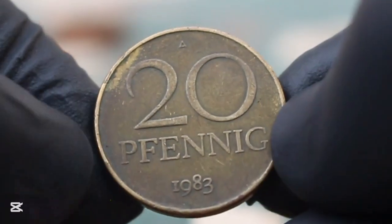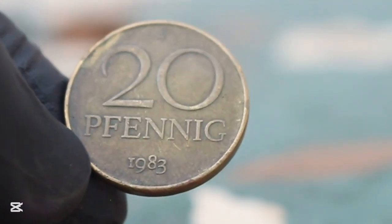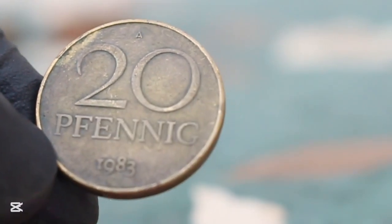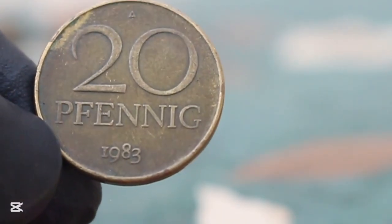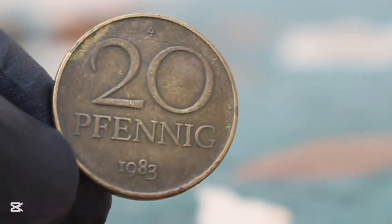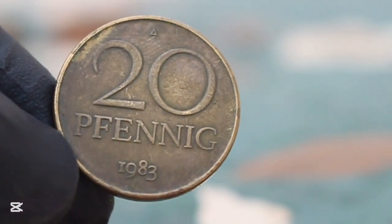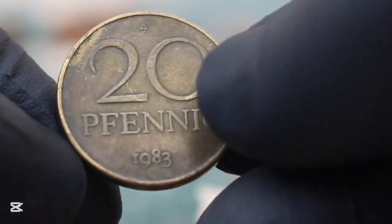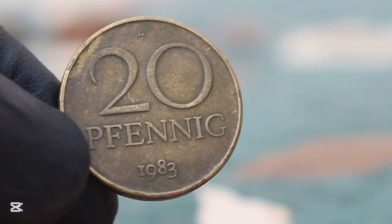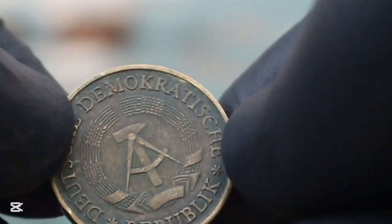Collectors are often willing to overlook minor imperfections or dirt, especially if the coin has the potential to increase in value over time. The market for this coin is driven not only by its rarity, but also by the growing interest in German coins from the late 20th century. As the country moved toward the euro, many collectors sought out coins from the final years of the Deutsche Mark as part of a historical collection. The 1983 20 Pfennig coin, particularly with the large date and A mint mark, has become one of the sought-after